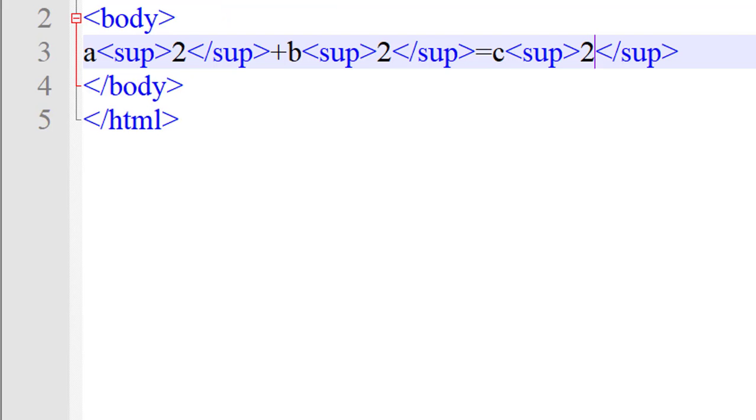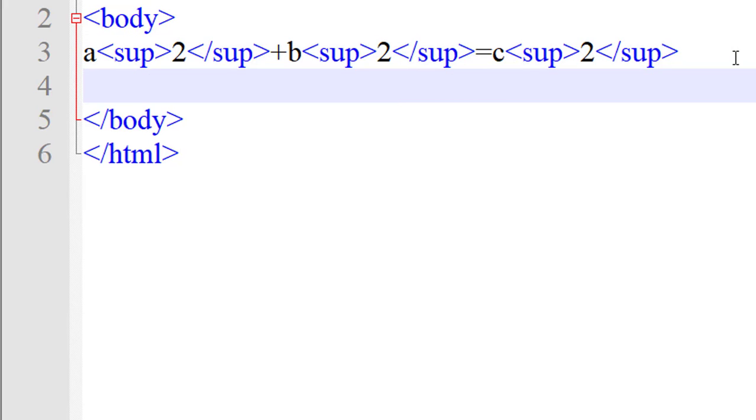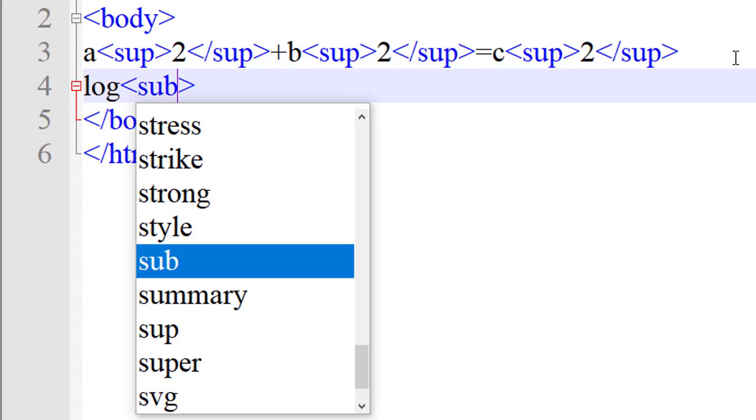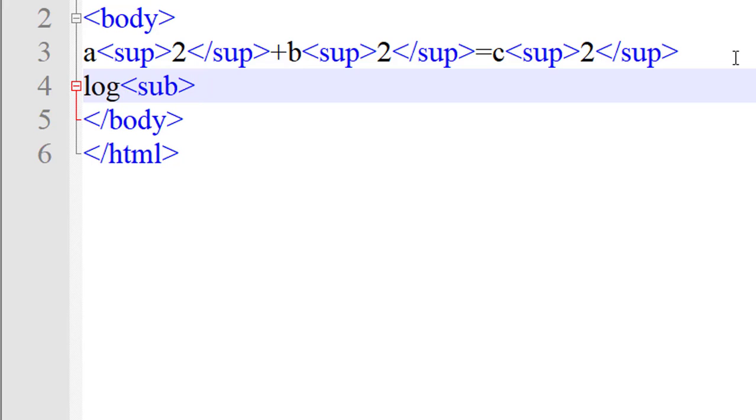Now I have to create the subscript. For that I will use log to the base, so sub tag open, sub tag close, and in the sub tag log to the base 2. Just save this.